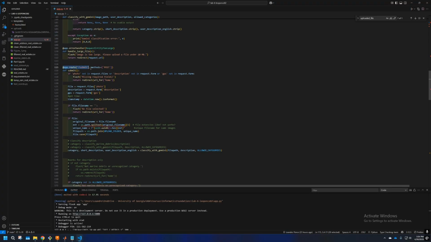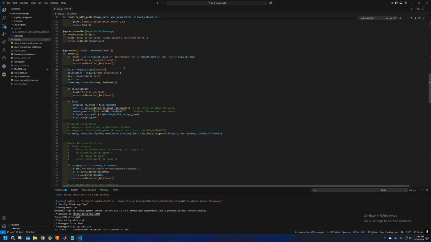Now let's start looking at my submit method. So as instructed, this is a post method, and this is mostly handled by Flask, which is really nice. So first of all, we're going to check if the fields in our form are all complete, and if not, we're going to require that they are complete, and then we're going to reload home. So after that, we're going to get those values or strings from the form. If the file was selected, we also flash an error, and then we're going to